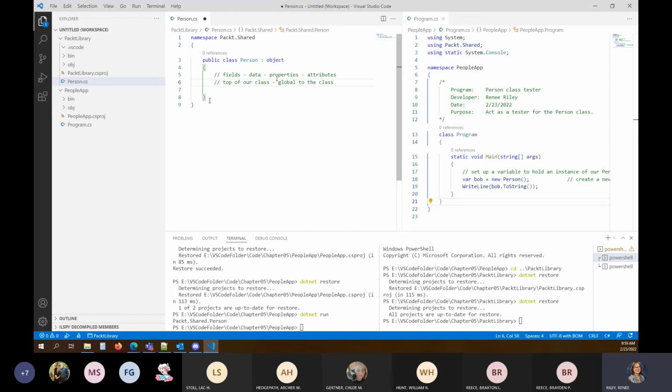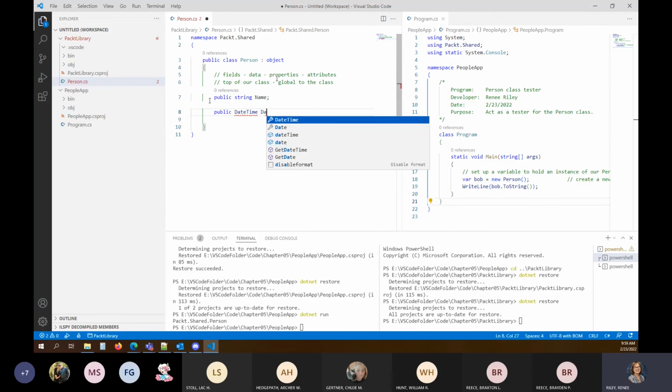And when we define them at the top of our class, right under our class statement, they're global to the class. First, we want a string called name. And notice we're making these public right now. And we want a DateTime object we're going to call date of birth. So those are our two data elements that we're going to have for our person class.